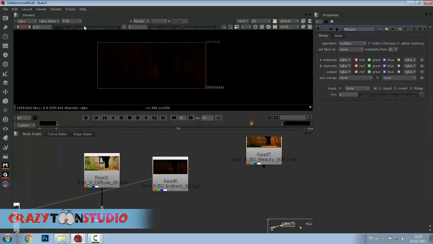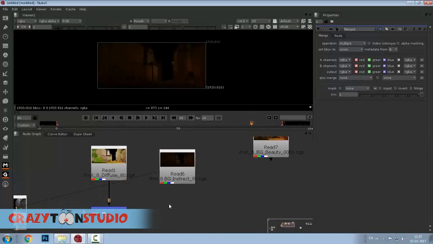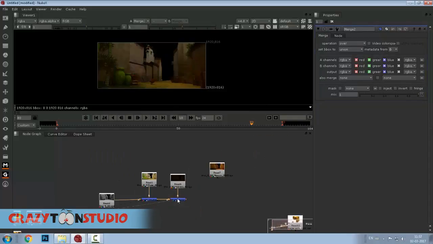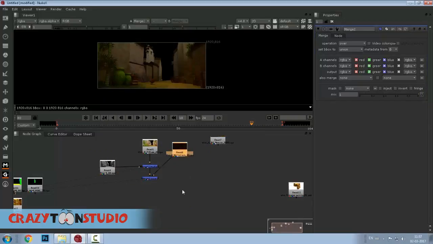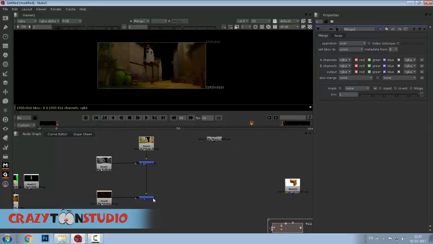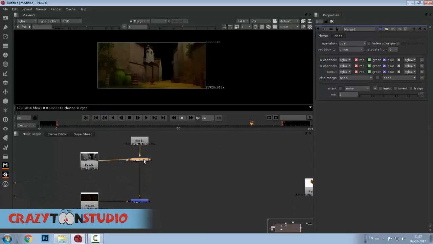So what I'm going to do, just take another merge. Again I need this setup in the background and this setup in the foreground, right? So let me organize these things. Let me make some space so that everything will be organized. So here we can see